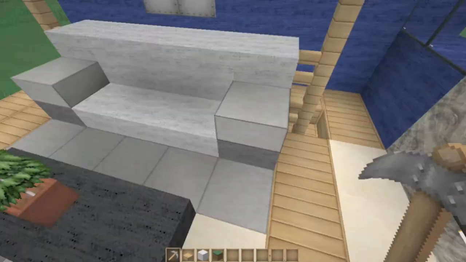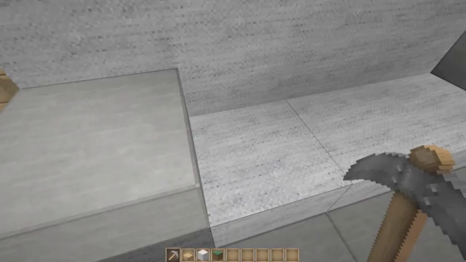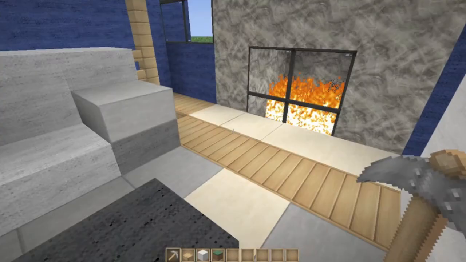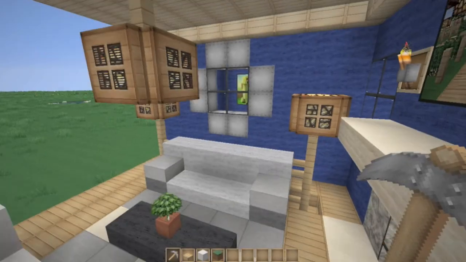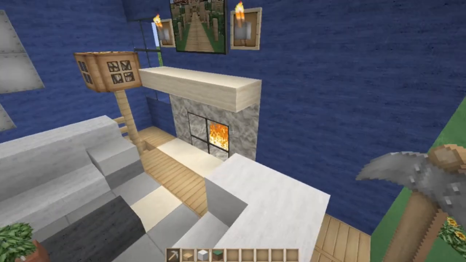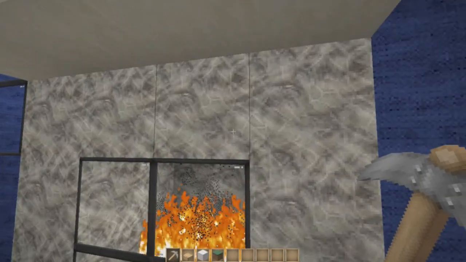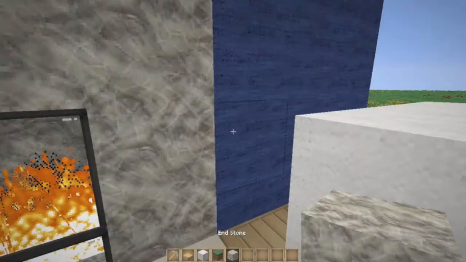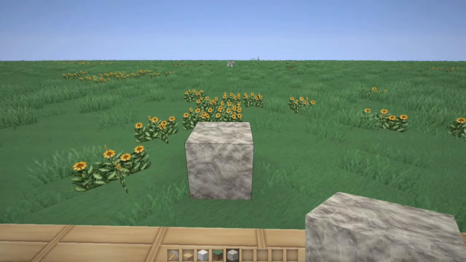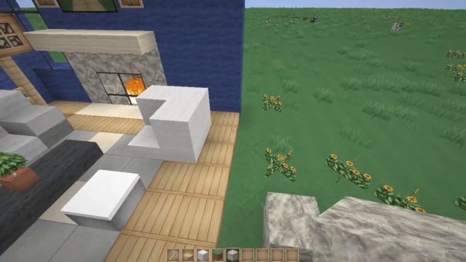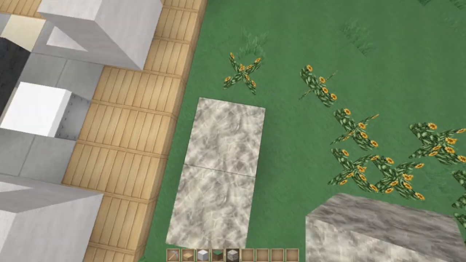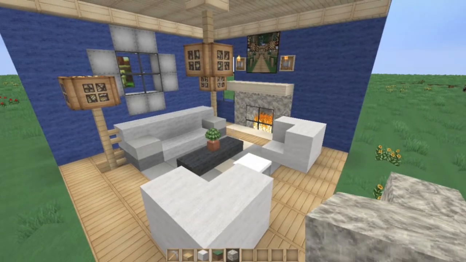Let's see. The couch is fairly simple, just some darker details along the sides to try and tie in that color that there was in the real life one. The fireplace is end stone, so this is one of the only textures that I use from Misa's realistic pack. So along with wool, I think those are the only two,